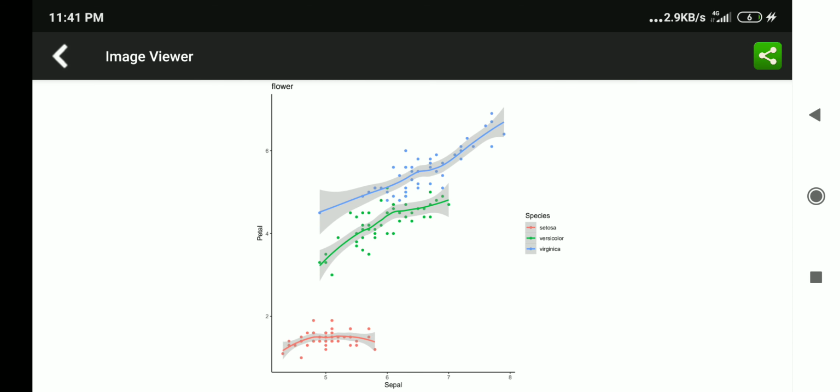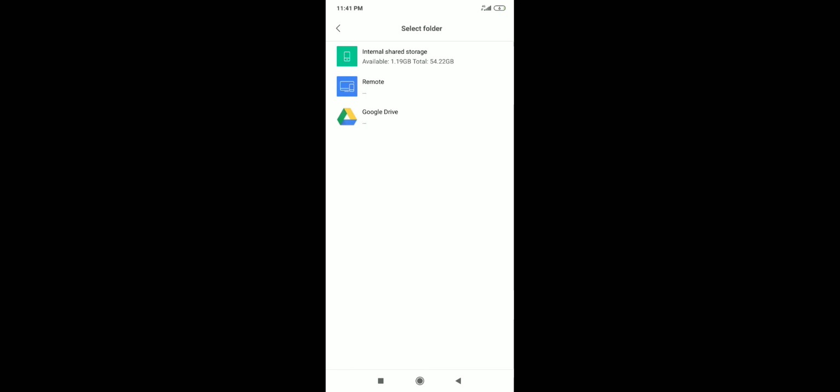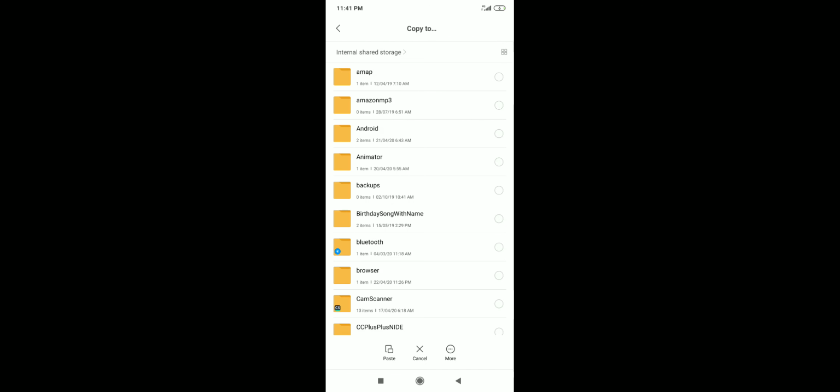This graph can be shared, and here various share options are there. I can copy it to required folders also by clicking this copy button, and this internal storage I can copy it to any of the folder where I want to keep that graph, but I will not go for that.